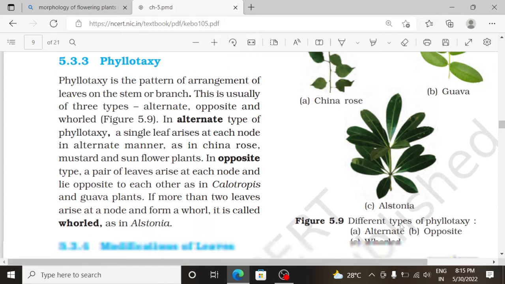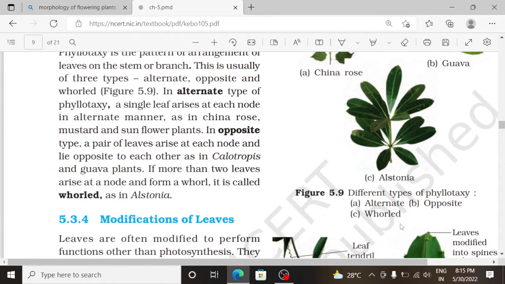Phyllotaxy. Phyllotaxy is the pattern of arrangement of leaves on the stem or branch. This is usually of three types: alternate, opposite and whorled. In the alternate type of phyllotaxy, a single leaf arises at each node in alternate manner, as in China rose, mustard and sunflower plants. In opposite type, a pair of leaves arise at each node and lie opposite to